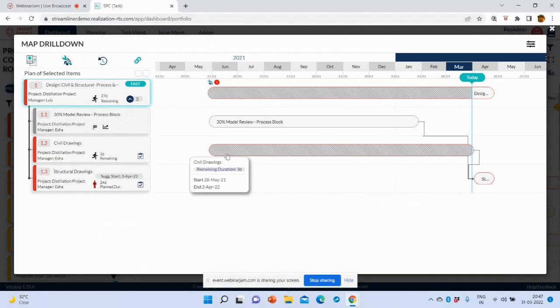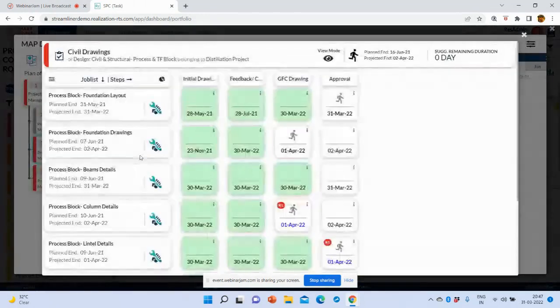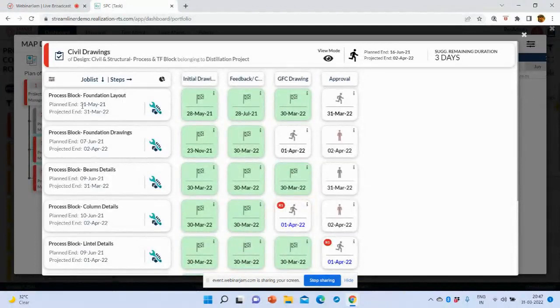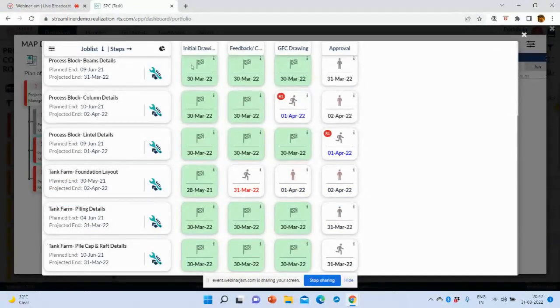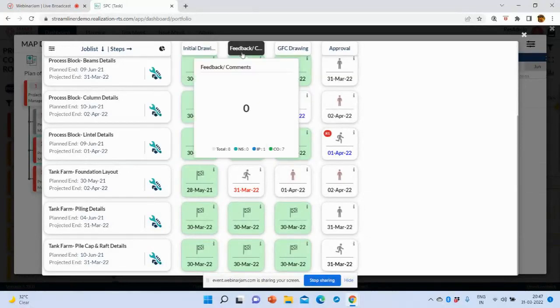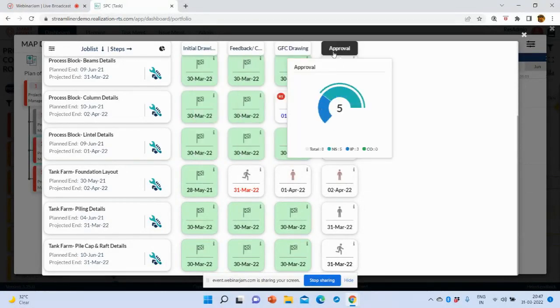But just coming to the point of how do we know the resources and how to assign resources in higher levels of detail. This is not the end. It is connected to the lowest level of detail. You can keep drilling down, which takes you to the level of the drawing names, the steps that each drawing has to travel in order to get